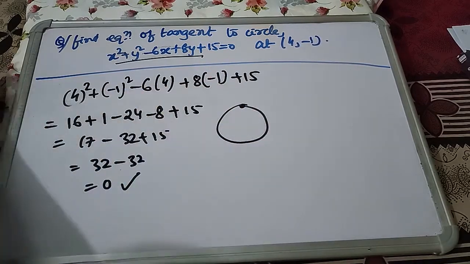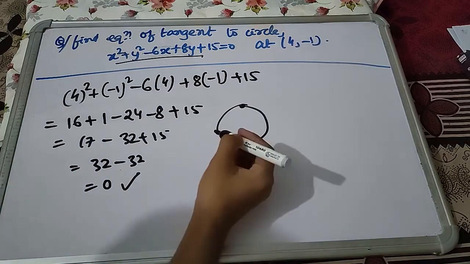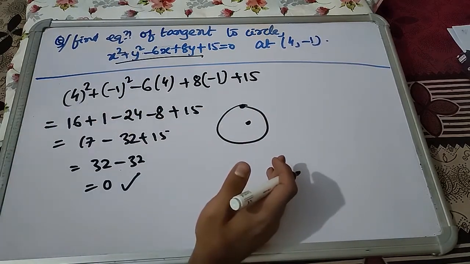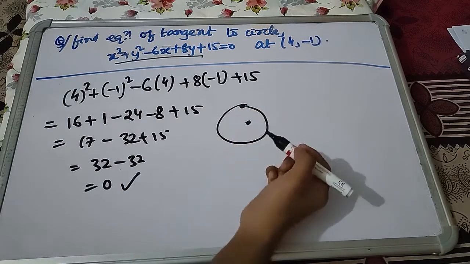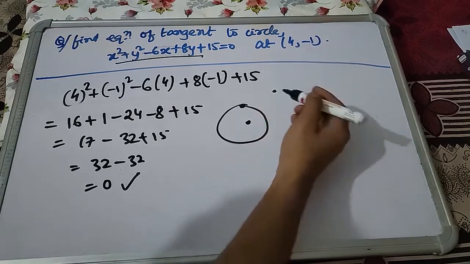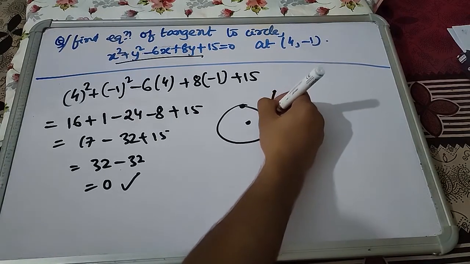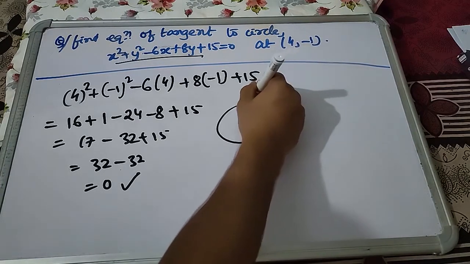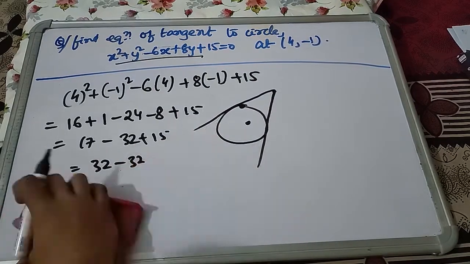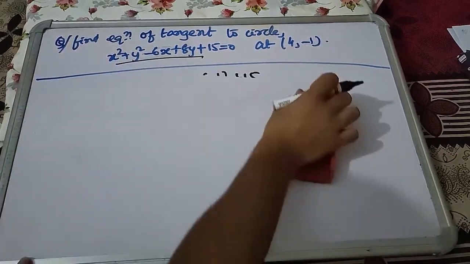So now we can apply our transformation. If this point was inside the circle, then there is no case of tangent, because from an interior point you cannot draw a tangent. And if this point lay outside the circle, we would have to solve it differently. I will show you how, and you will get two different equations of tangents, because two tangents can be drawn from an external point. Now let us apply our transformation.